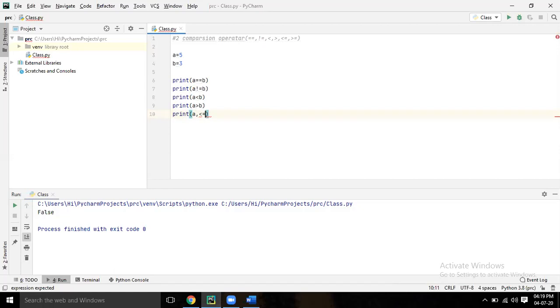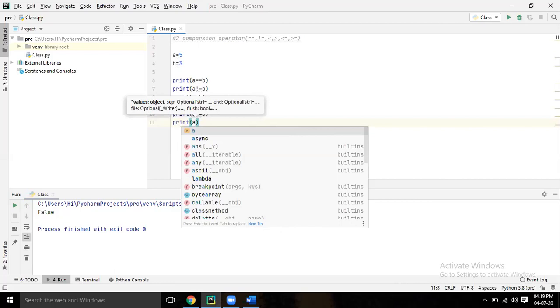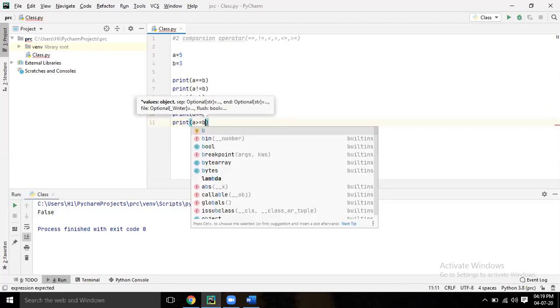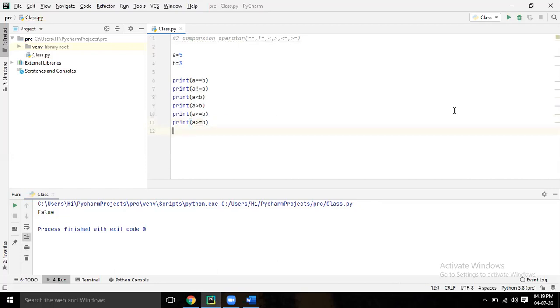Remove that comma. So you can see a double equal to b means is a equal to b, no. a not equal to b, yes, true. a smaller than b, no, false. a greater than b, yes, true. a smaller than equal to b, no, false. a greater than equal to b, yes, true.